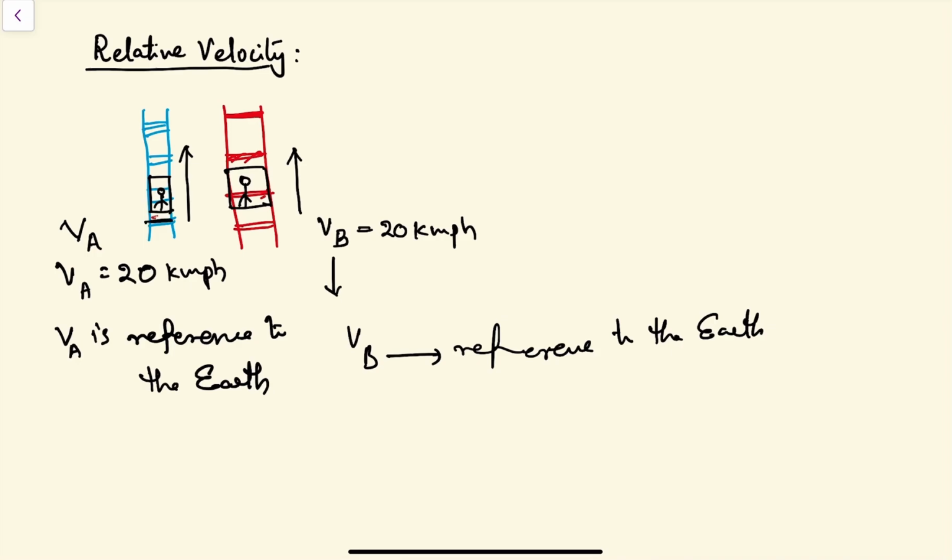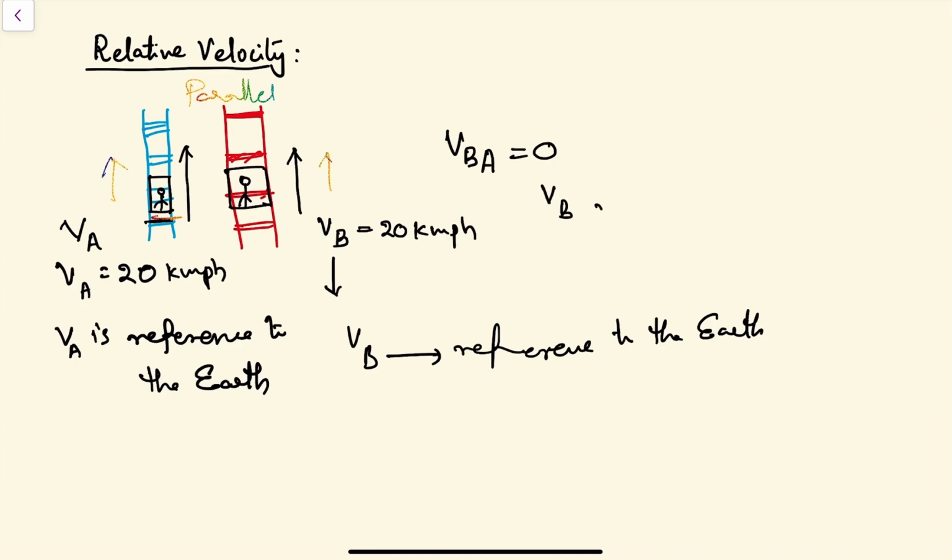Now if a person observes this, where both are moving in the same direction on parallel tracks, what is the speed of B? Means the velocity of B, a person in the train on the second track, with reference to A. After some time both assume that they are at rest compared to one another. So I would say that VBA is equal to 0.